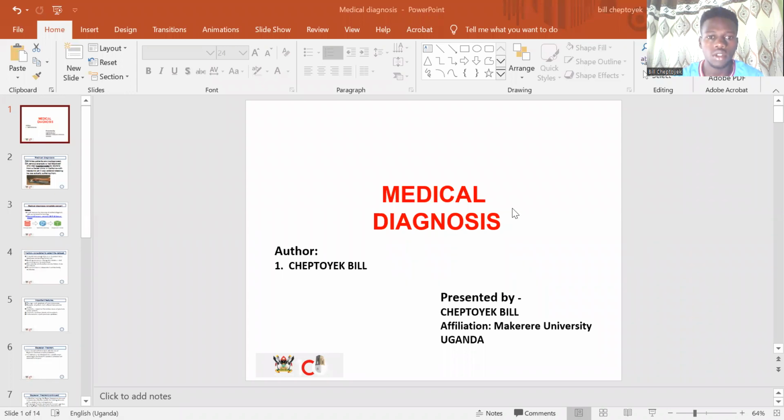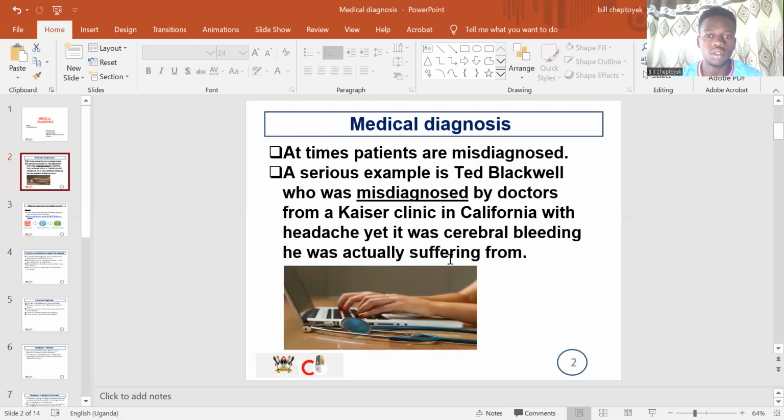Medical diagnosis as applied in artificial intelligence. In artificial intelligence, sorry, I forgot to introduce myself. I'm Bill Cheptoyek, a student at Makerere University, and I just want to tell you